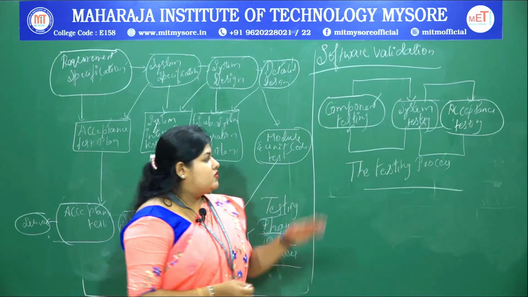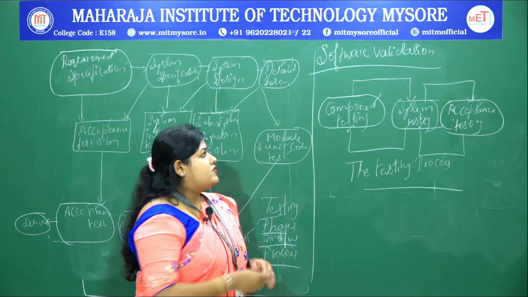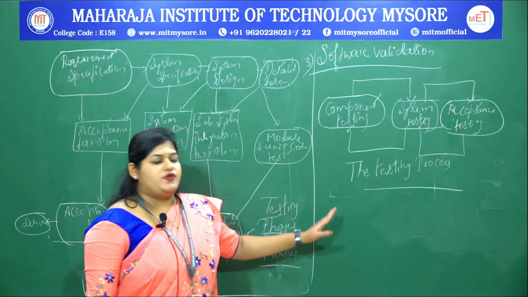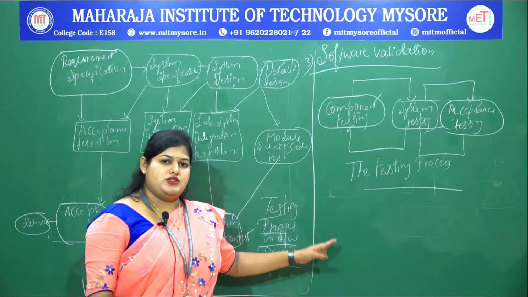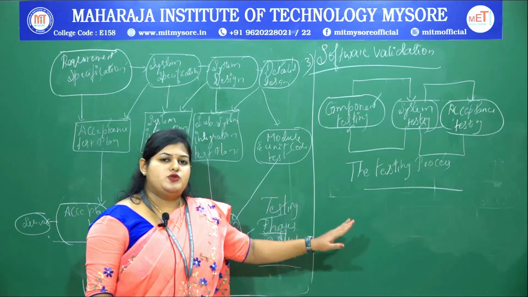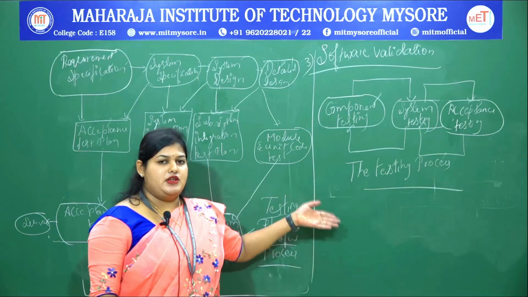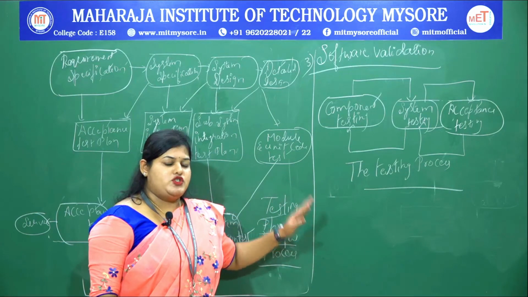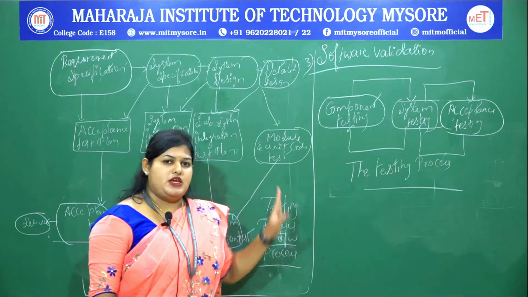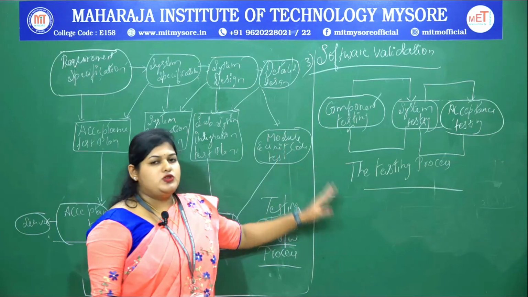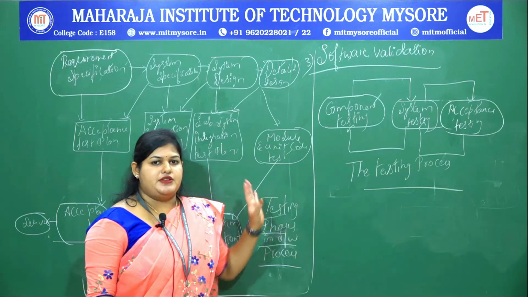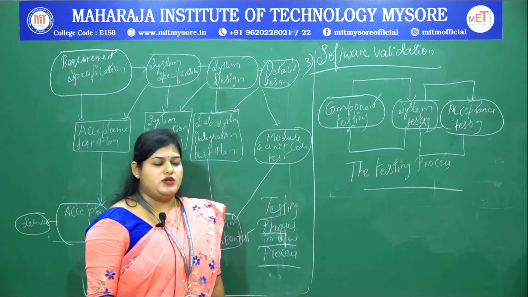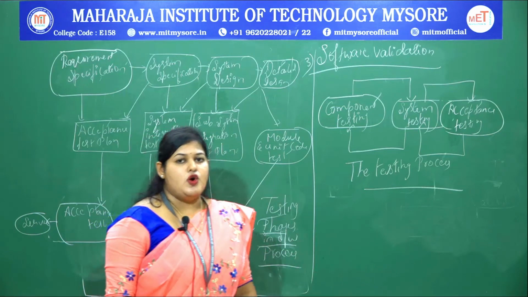So, the next thing is the third step, software validation. We have learned what software specification is. In depth to that, you learned how to gather the requirements. In continuation to that, there is the design and implementation, where you have seen the overview of the structure, how to deal with designing and implementing the product. Next, the third process is validation. What is the meaning of validation? Why do we need to validate?